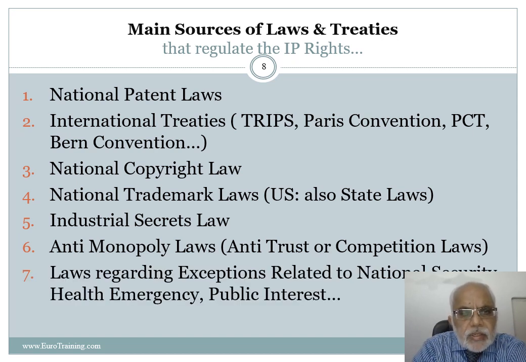And then there are laws in every country regarding exceptions under which the intellectual property rights given can be taken away or can be temporarily suspended. For example, if issues of national security are involved, or there is a health emergency like COVID-19, or it is in public interest to do that. In fact, the TRIPS agreement also has provisions which allow national governments to make laws for such types of events,